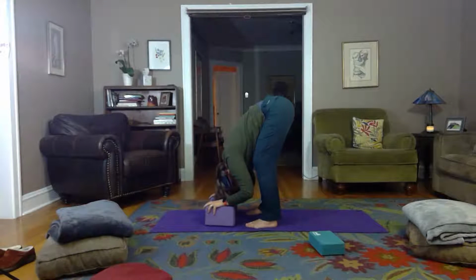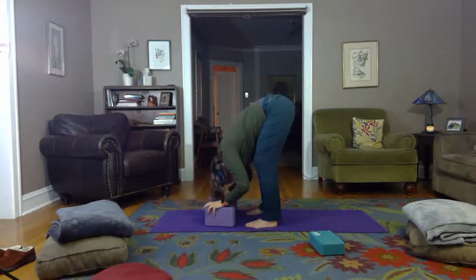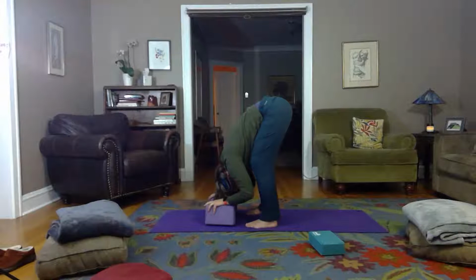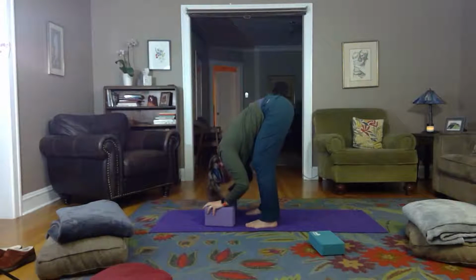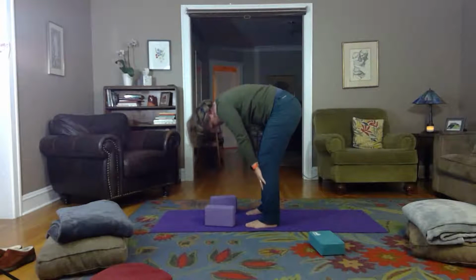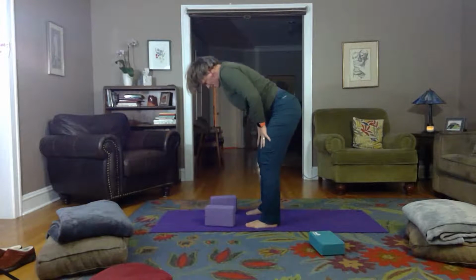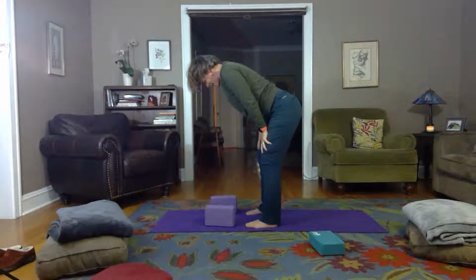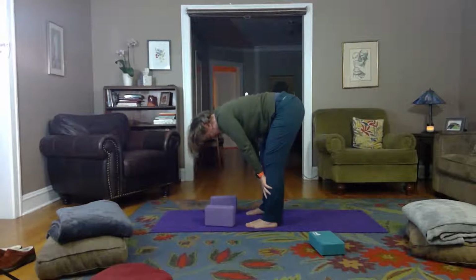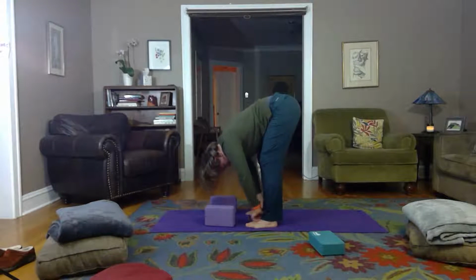Inhaling fully. Exhale all the way out. Good. One more time. Inhale fully. And sense your ribs expanding, floating up, bringing ourselves to that monkey pose. And then again, exhale, belly button draws down, up towards your spine behind you, and your shoulders draw down towards